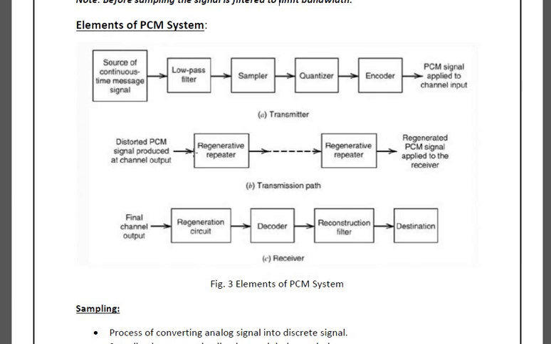After that, the signal is given to the final channel. Again you will be having a regeneration circuit. After this regeneration circuit, it is given to the decoder. This decoder is used to convert the binary signal into the approximated pulses of discrete magnitude. Then again it is given to the reconstruction filter to reconstruct the original amplitude of your message signal. The final operation in the receiver is to recover the original analog signal. Yes or no? You have to see that your original message signal is reconstructed, meaning the proper amplitude or the proper sine wave should be obtained.